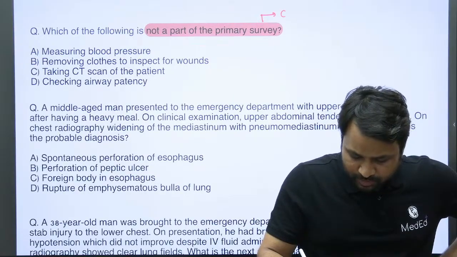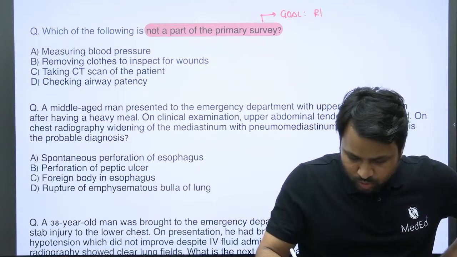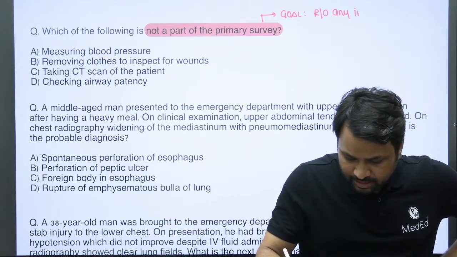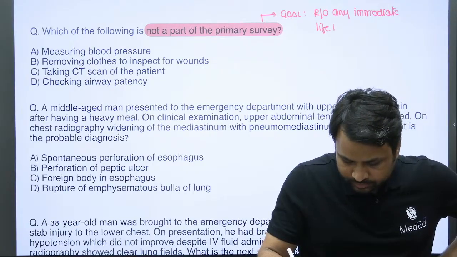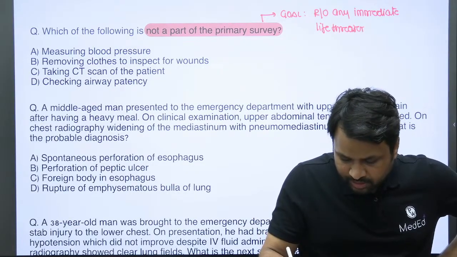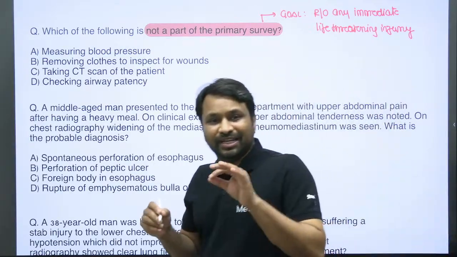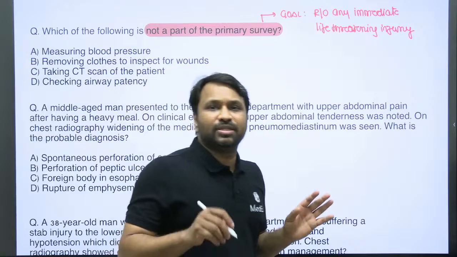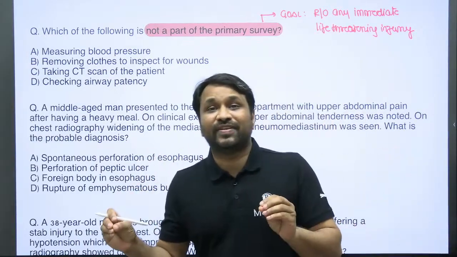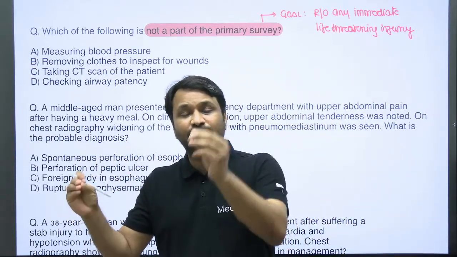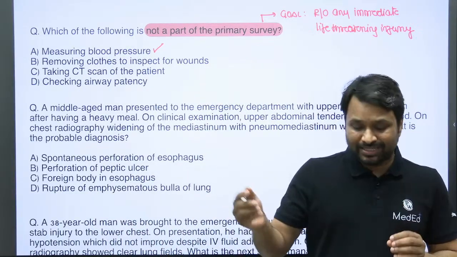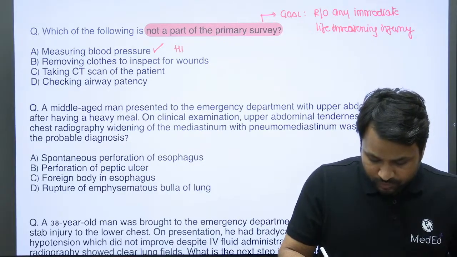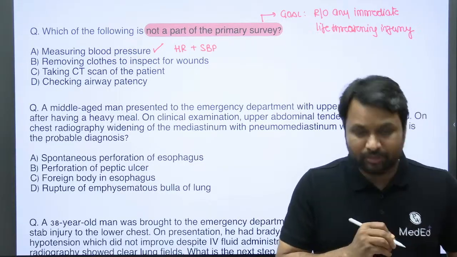The goal of the primary survey is to rule out any immediate life-threatening injury. Usually we'll try to rely on the clinical components. If it is not possible, then I will resort to the radiological investigations, which are going to be easily available, accessible with a shorter duration of time. So blood pressure monitoring is going to be very, very important, because in the circulation, what are you going to look for? You're going to look for heart rate and the systolic blood pressure,